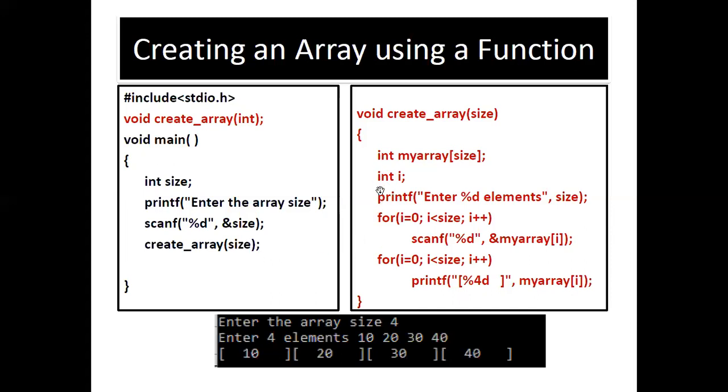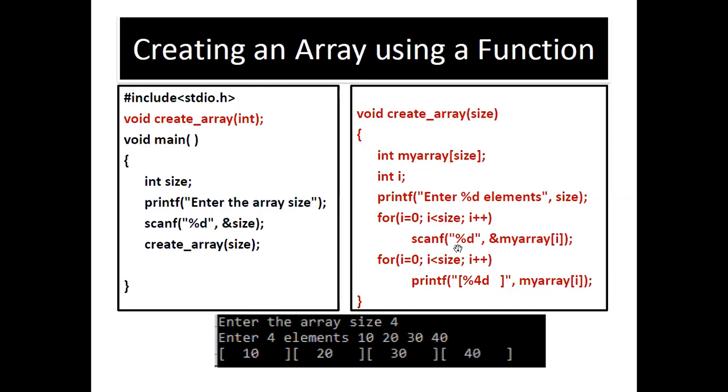In the function definition, you can see that we have come to the create array definition, and because it's create array, I am going to create the array here. In the create array function, we have taken my array with the help of the size which has been passed as a parameter or argument. We are also taking a for loop which initializes starting from the 0th index up to the size. So if you are passing a size of 4, then 0 to 4, 0, 1, 2, 3, 4, like that it is going to consider.